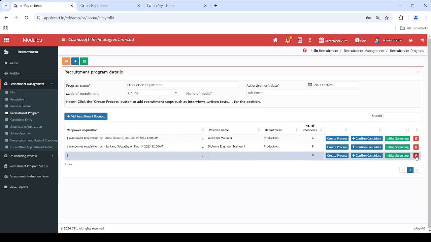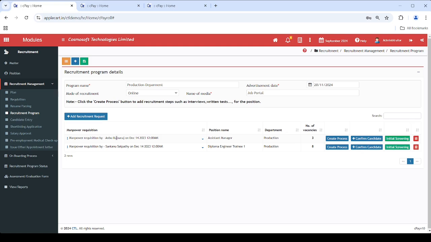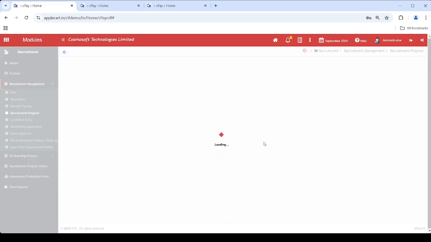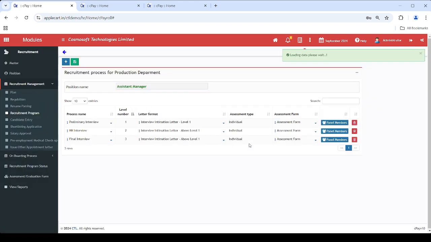The next step is to add the necessary evaluation processes, such as interviews and skill assessments, to select candidates for each position. To do this, click the Create Process button. A screen for adding various process steps will appear. Click the plus button to add a process and save it.